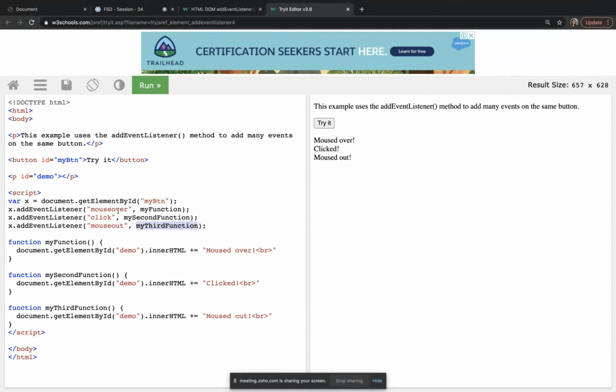There are many listeners other than this. You can get a list. You can also add onclick. So usually we will use click only. Mouse move, what will mouse move do? If I'm moving the mouse over it, it will say. See, if I'm moving the mouse, it will say.